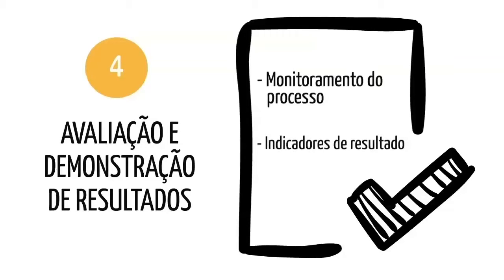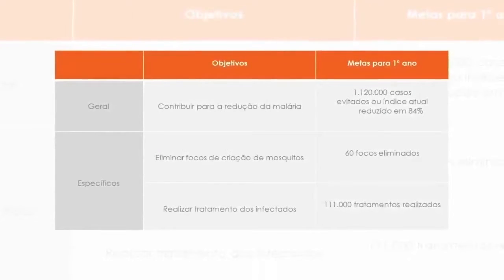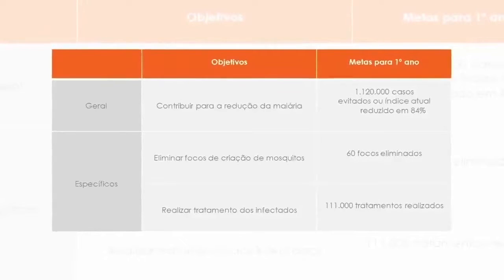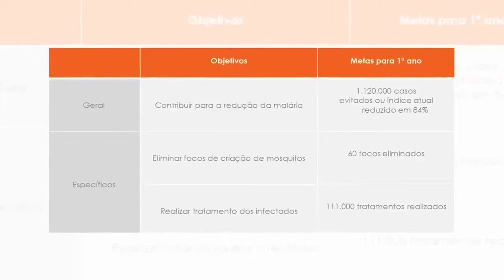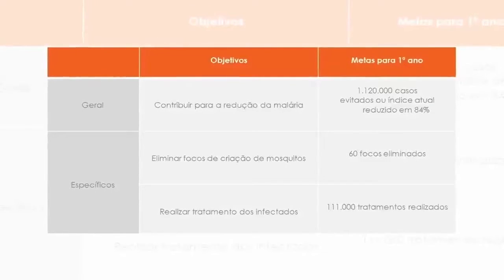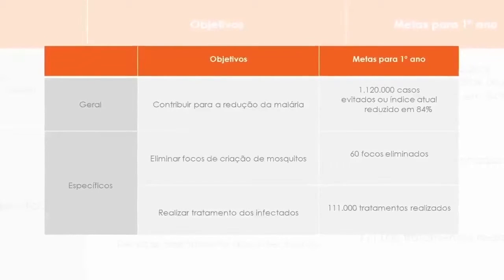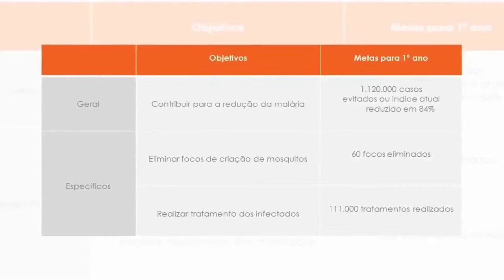To help you check what resources you may use, you can create a spreadsheet starting with your general objectives and particular objectives. Follow the example. Suppose it is a project in preventing malaria. In the first column, you can put your general objective, help prevent malaria. And in the second column, you can write the goal for the first year, to reduce the current rate by 84%, avoiding